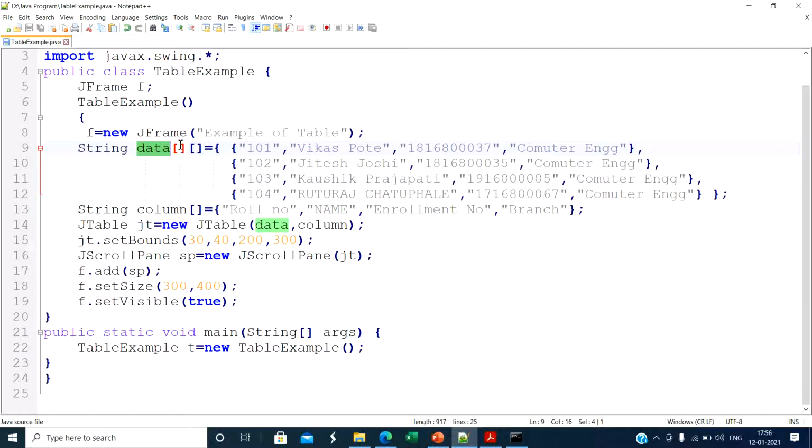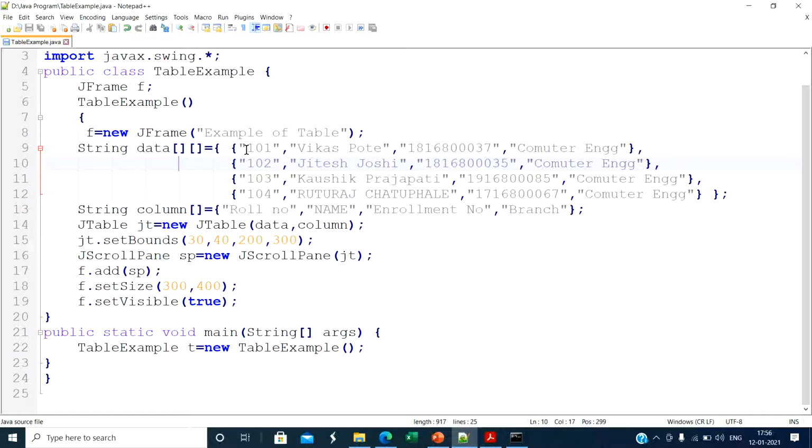We directly initialize the array, so there is no need to define the number of rows and number of columns. Remember this code is very important.